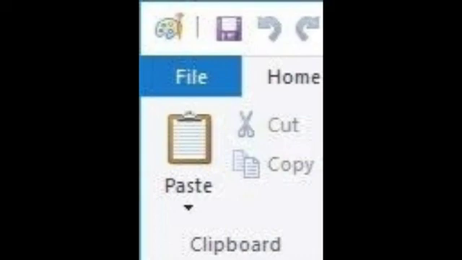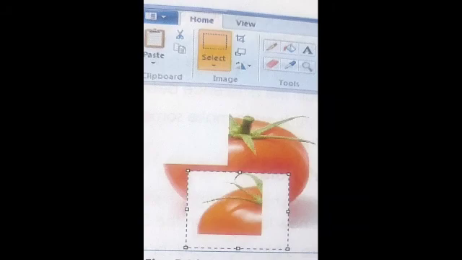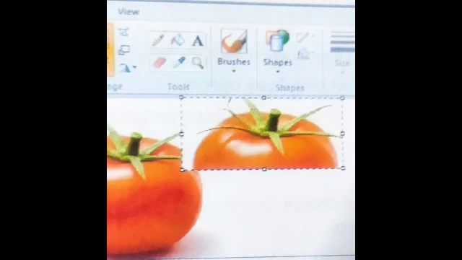Then the cut or copied part will appear on the top left corner of the drawing area. Then you have to click and drag the pasted image to the position where you want to keep it. You can paste the cut or copied image as many times as you want.